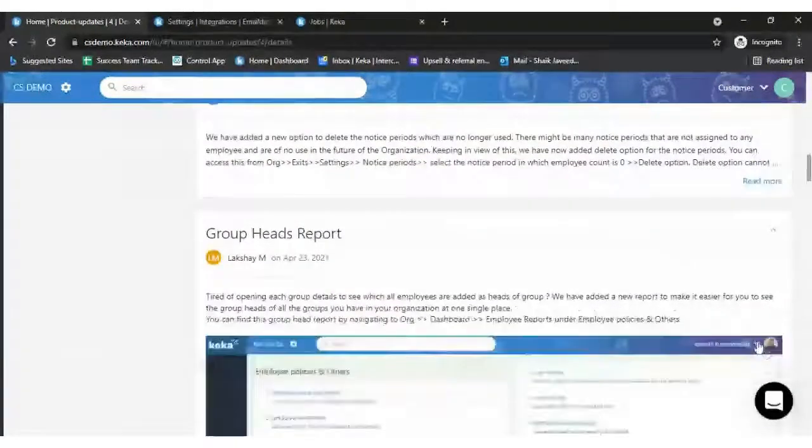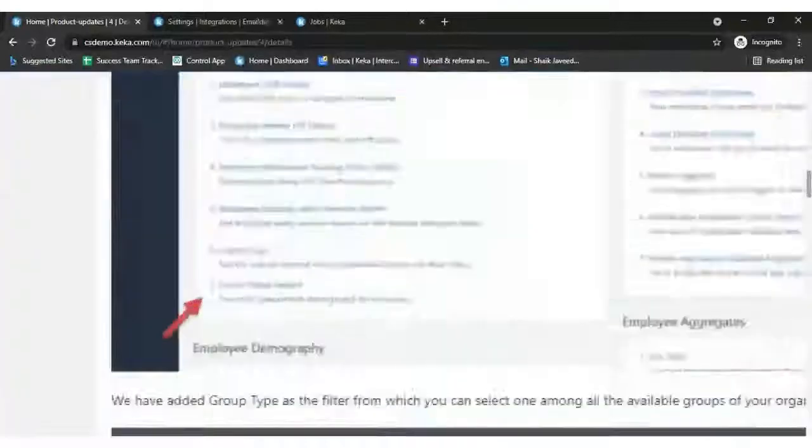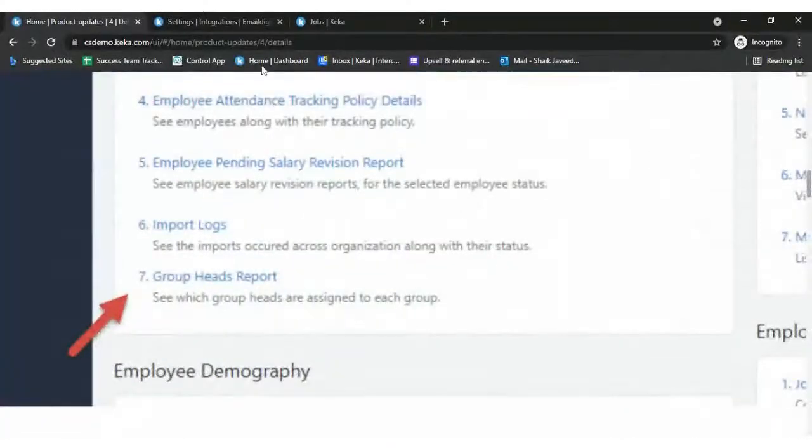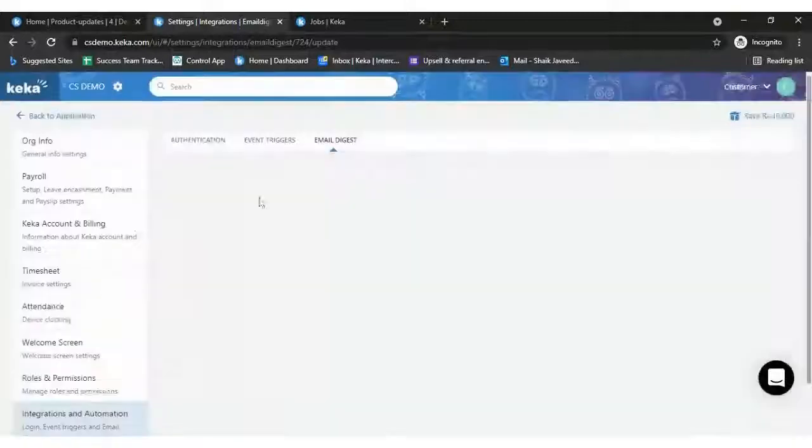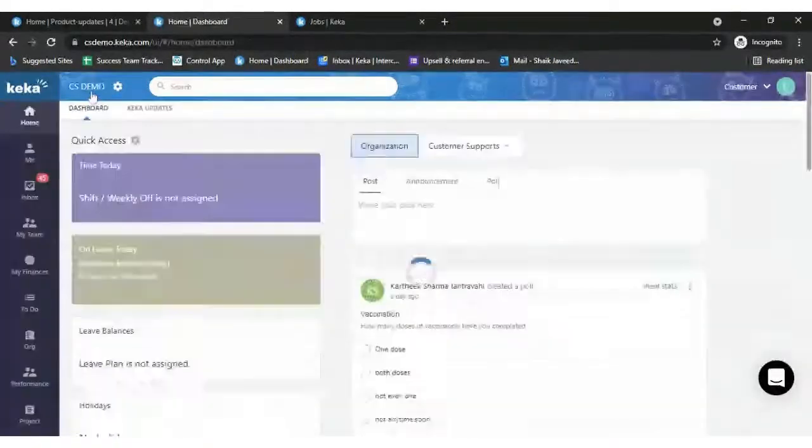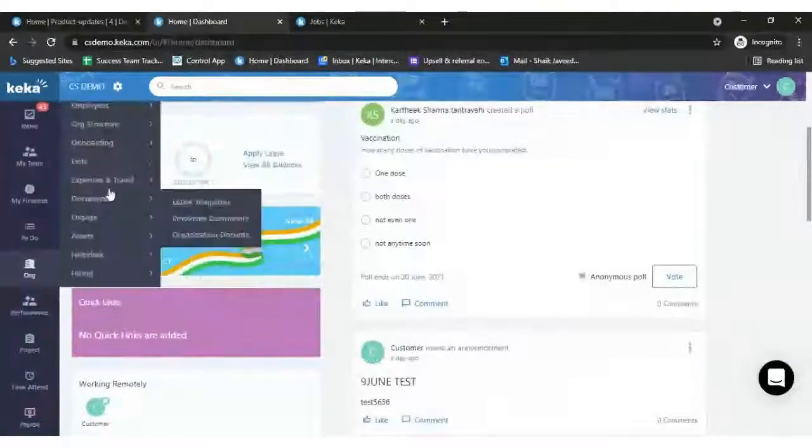So we got this group heads report. In case you have any group head, I'll just show you an example of it.